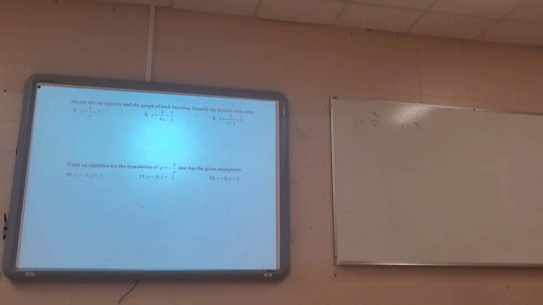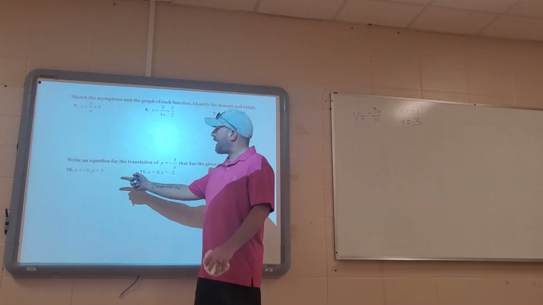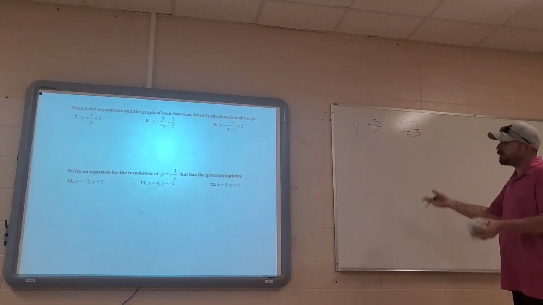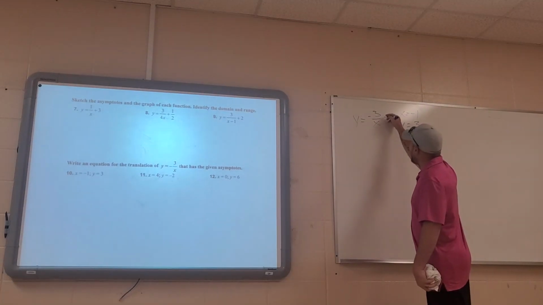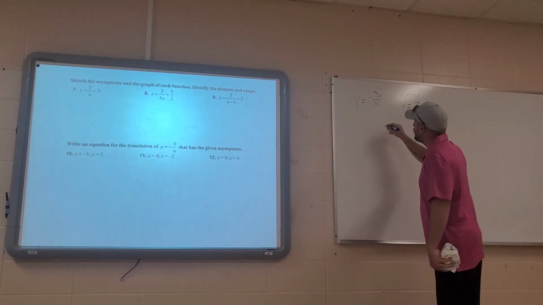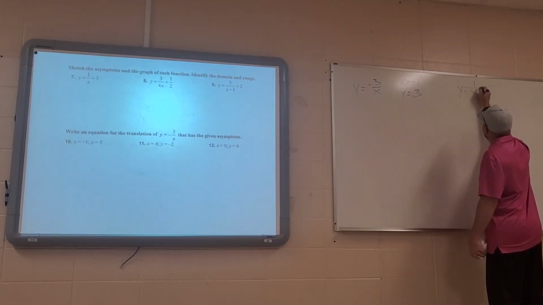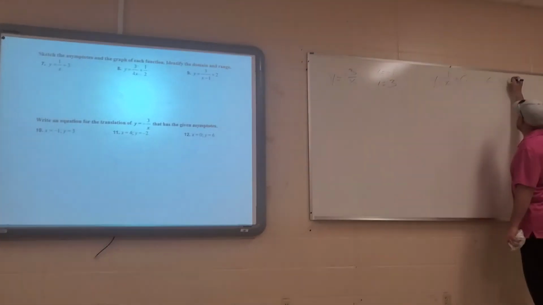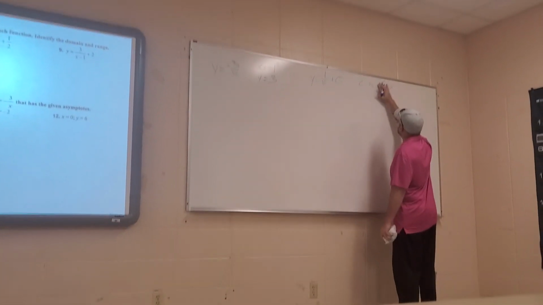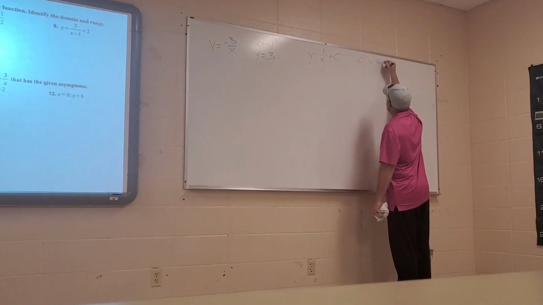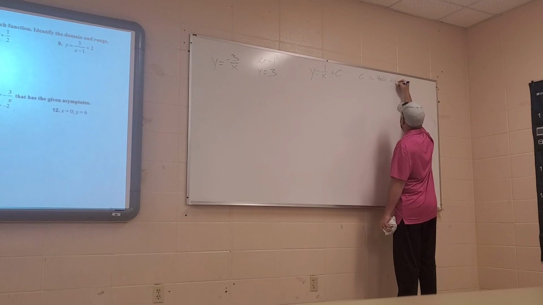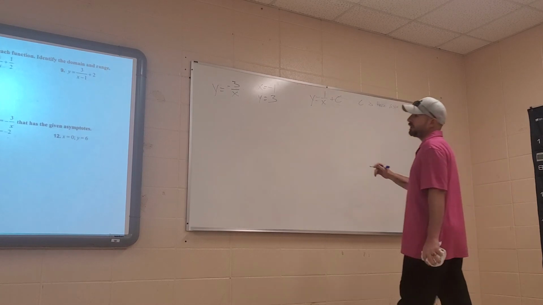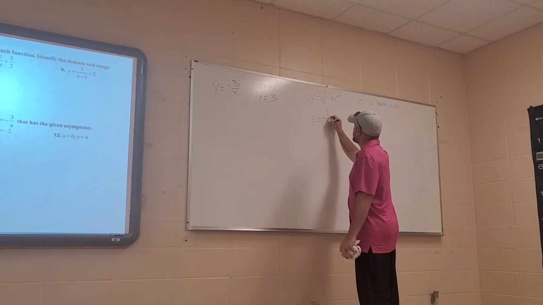Okay, so this right here, this one's easy. All you do is move the graph up. So you add a number over here. So y equals 1 over x plus c. C is the vertical or horizontal asymptote. Okay? And then y equals 1 over x